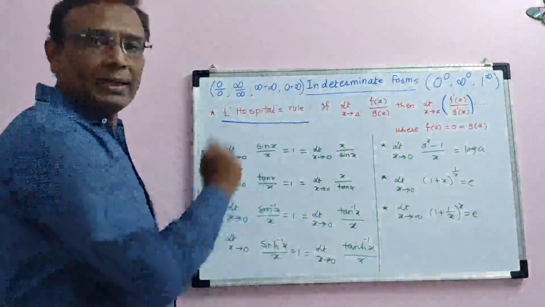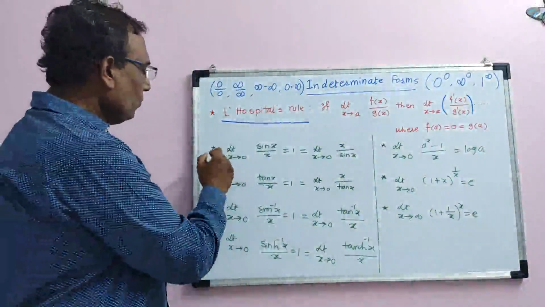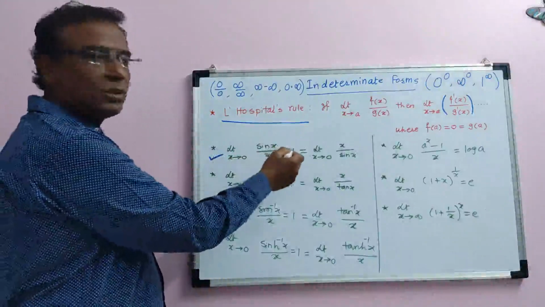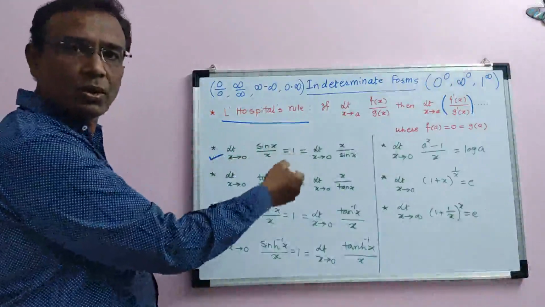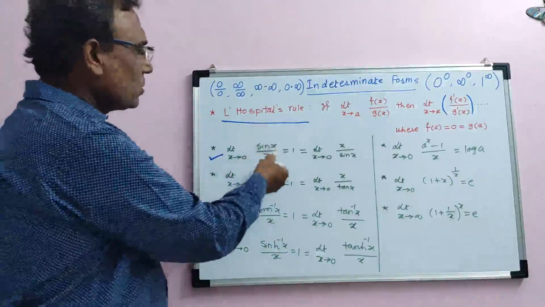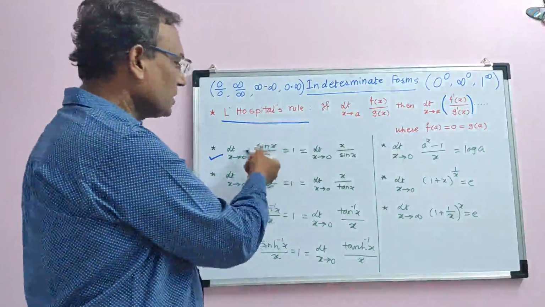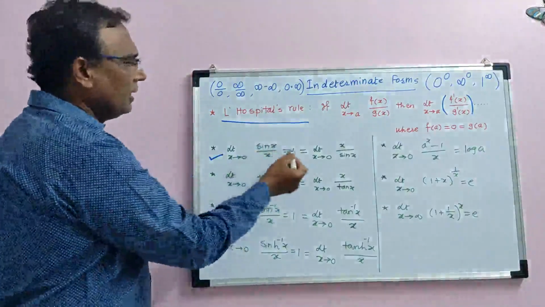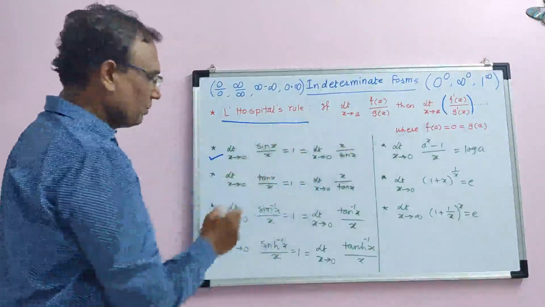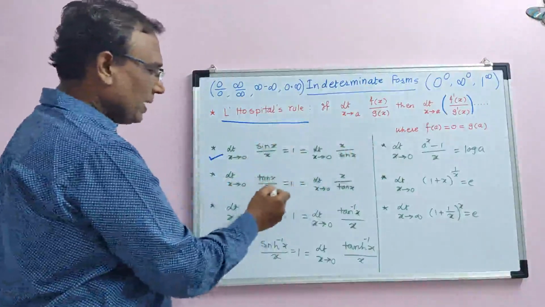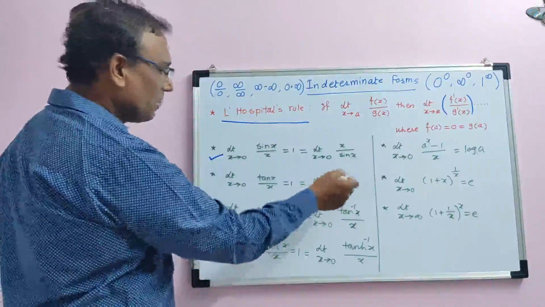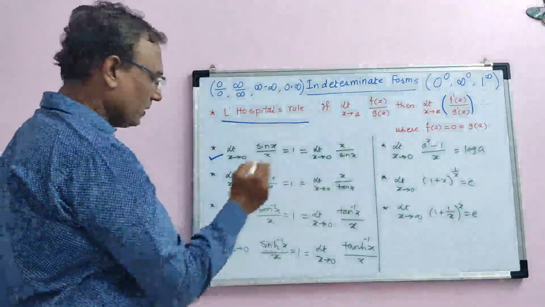When you solve problems on indeterminate form, there are a few formulae you have to remember. Limit x tends to 0, sin x by x equals 1, because this will help to solve the problems. Or you can even apply the L-Hospital rule and find the value of this limit, which is 1. Since the limit of sin x by x is 1, the limit of x by sin x will be 1. Tan x by x equals 1 for x tends to 0, and similarly limit x by tan x for x tends to 0 is 1.